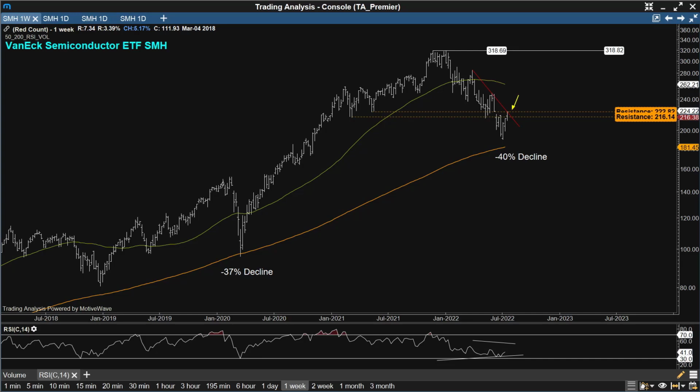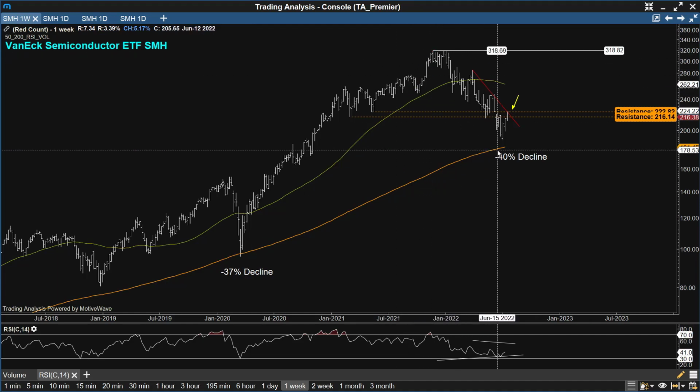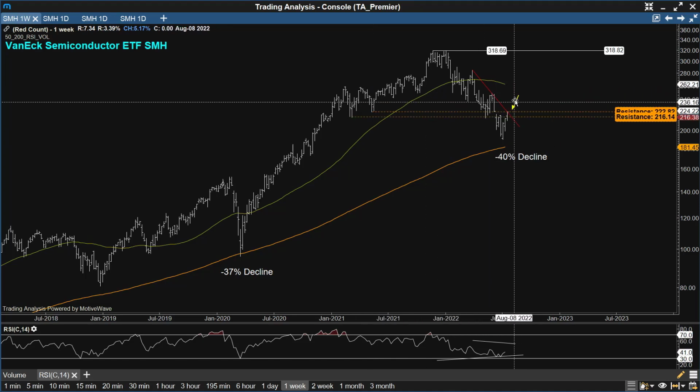Alrighty, going full screen on the charts, we're taking a look at the SMH on the weekly time frame, going back to the December 2018 low, at which point markets found support. The SMH proceeded to rally some 89% prior to falling victim to the coronavirus pandemic. We declined 37% into March of 20, found support, and rallied better than 230% into last November's high. Now, peak to trough, we've seen another 40% decline, and we're now challenging upside trend line and key previous support resistance, which if broken to the upside, could suggest that the SMH is gearing up to lead the rotation back